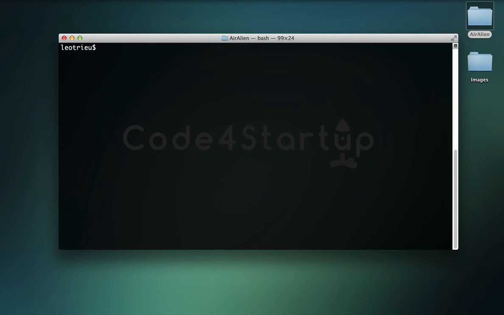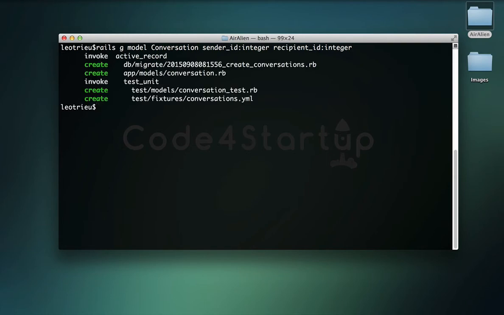In this session, we're going to create a model for conversation and message. So first, open your terminal and create the conversation model. And we say sender ID would be integer. Recipient ID would be integer as well. And then create the message model. So for the message, we're going to say content will be text,